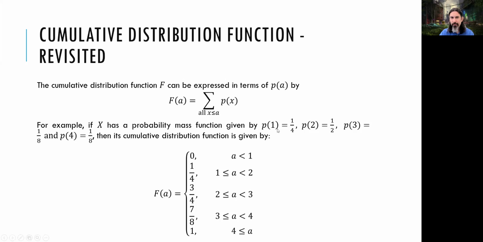When you come to 1, it jumps to 1 over 4, because 1 has a probability of 1 over 4. So it's going to stay at 1 over 4 up until value 2, because before you come to 2, there are no probabilities in there. No value has a probability. But when you come to 2, there's a 1 over 2 probability, so it's just going to jump from 1 over 4 to 3 over 4 at point 2. And then at point 3, you add 1 over 8 and jump to 7 over 8. And at point 4, you add another 1 over 8 and jump to a probability of 1. After 4, there are no other outcomes, so it's going to stay at 1 anyway. And of course, it cannot be greater than 1 because the total should be 1.